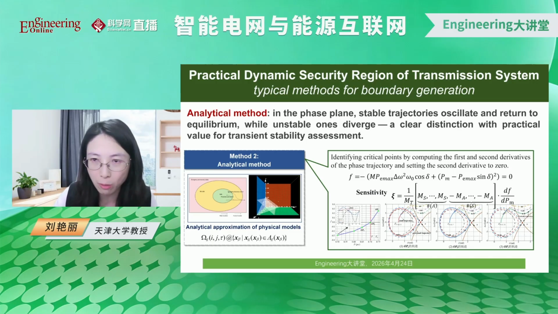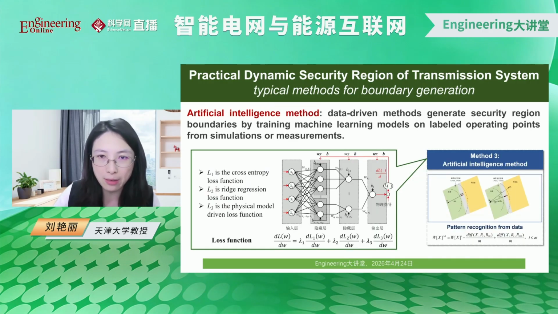However, the accuracy will be affected. And about the third method, that's very hot. Since we compared with the previous two methods, we will get the key idea. The way we generate a lot of points along the boundary, that will be the most important. So the data-driven method will probe in this area. That means we establish a data-driven method, the AI method, and we use it to generate a lot of data